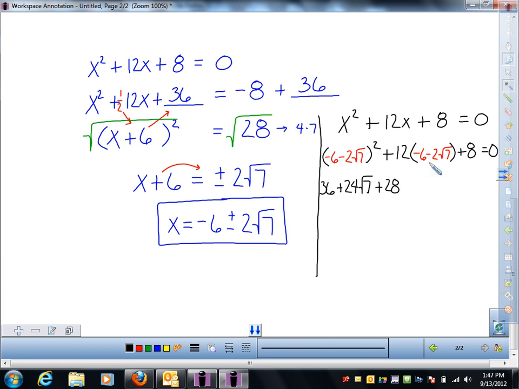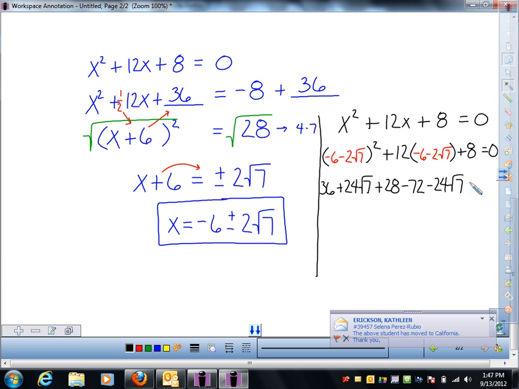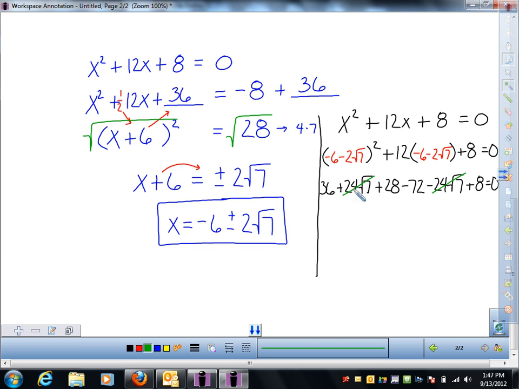In the next set, I have to use my distributive property, which will give me a negative 72. And it will give me a negative 24 radical 7. And then I have my plus 8, and hopefully this all will equal 0. Well, as I start looking at it closely, right here I've got a positive 24 radical 7. Here's a negative 24 radical 7. Those would cancel. When I look at adding the rest of this up, if I take the positive 8 and the 28 is 36, and the positive 36, that's a positive 72, all of that will cancel with my negative 72. So when it's all said and done, I do in fact get that 0 would equal 0,